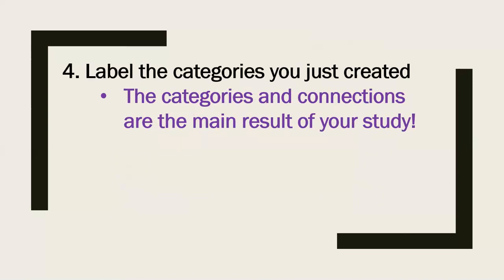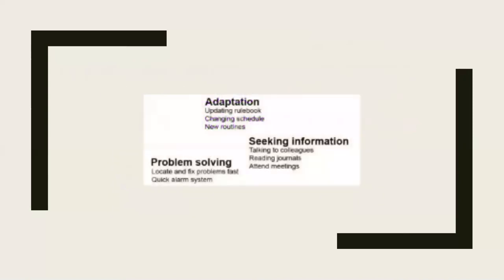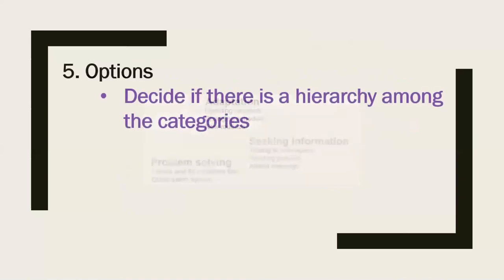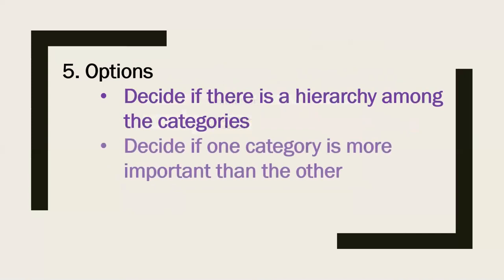Here's an example of labeling the categories. Some other options that you might consider is to decide if there's a hierarchy among the categories, or decide if one category is more important than the other. This helps you organize your writing,